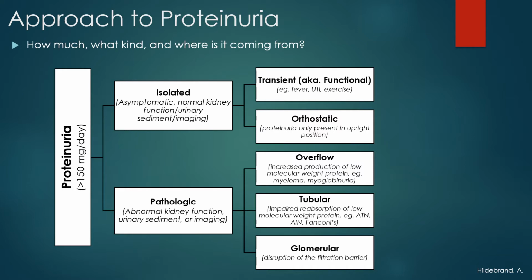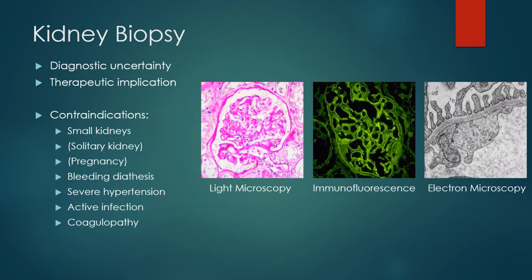Tubular proteinuria comes from the impaired reabsorption of low molecular weight proteins seen in ATN or AIN and is generally less than 1 gram per day. Glomerular proteinuria is generally high-grade albuminuria, upwards of 1 to 2 grams per day, and comes from disruption of the actual filtration barrier. One of the tests available in nephrology is a kidney biopsy, which is generally done in the